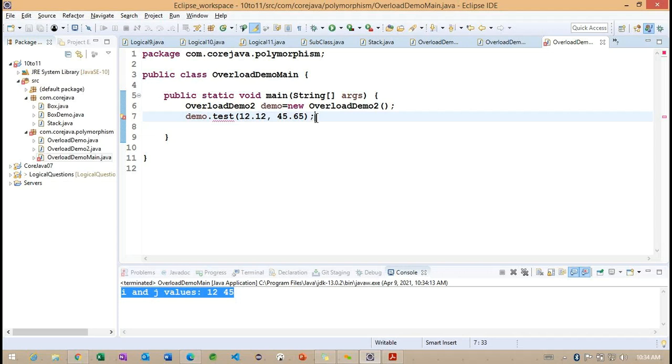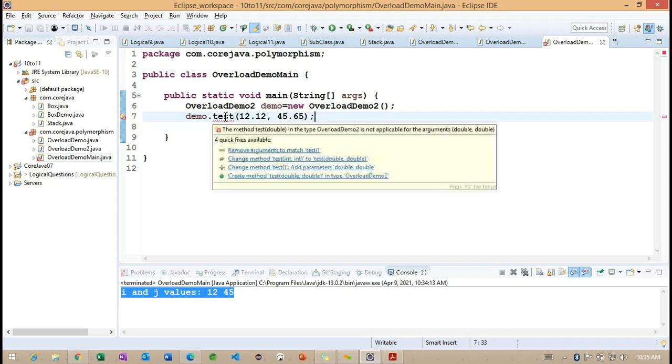Basically, in the previous example, we had the method which is expecting a double data type, but we passed an int data type value. So without getting any error, the particular method was successfully called, and we got the expected output here. But now I changed the particular method. We're trying to pass the integer parameter. Instead of passing an integer parameter, now we are passing double parameters here. So at this time we are getting an error here.